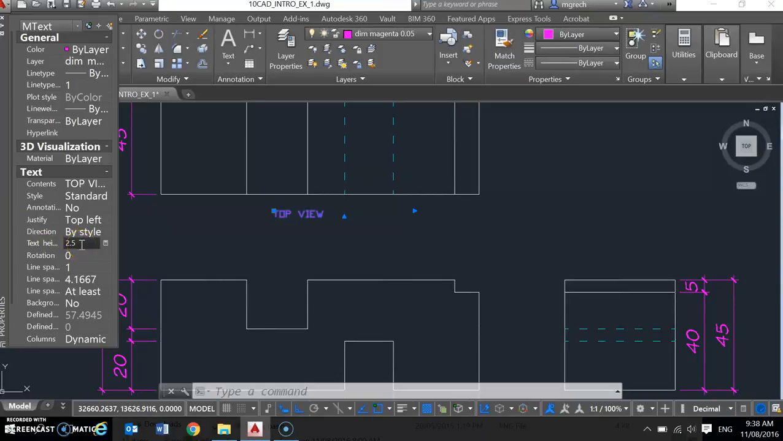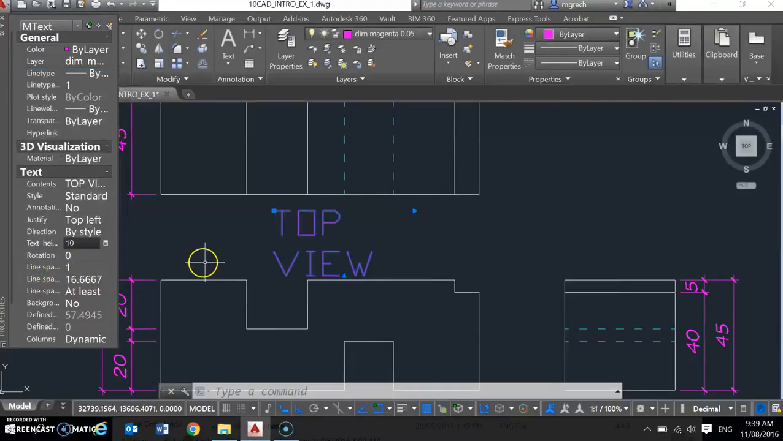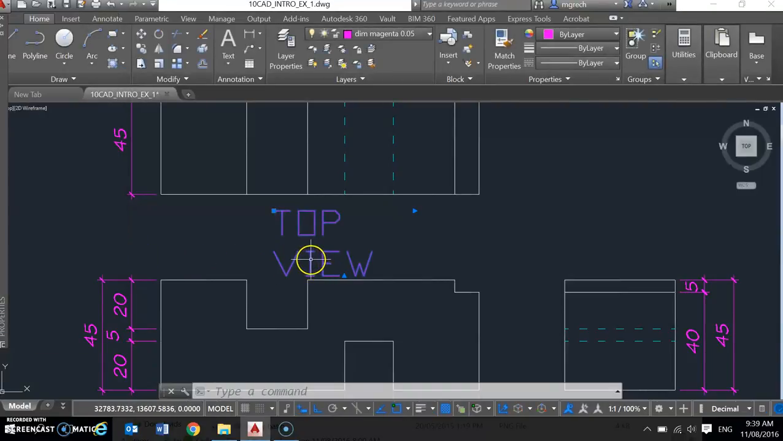Height. Okay, I'm going to type in there 10 mil and enter. Now, I don't know why that's applied 10 mil. Maybe that's a bit big. I'll just change